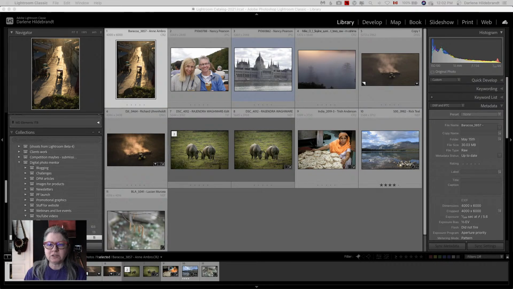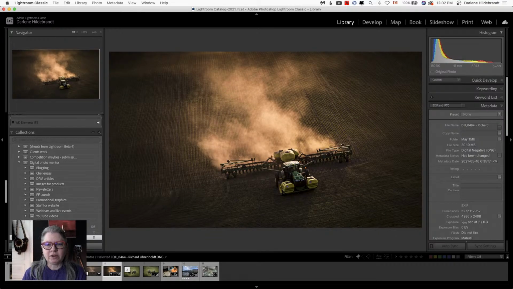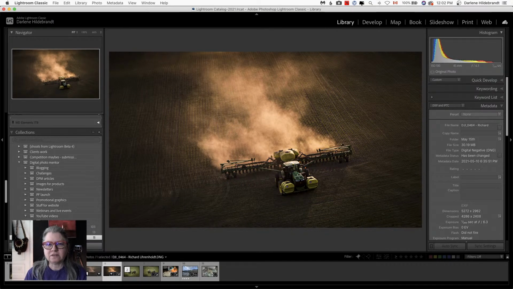So I've picked out a few different images today for different reasons. So I want to demonstrate a few different techniques and things. I'm going to start with this one here because I've already edited it and I want to show you basically what I've done with this. Now, this is all Lightroom, and I went from this, which was the original image, to this in a few